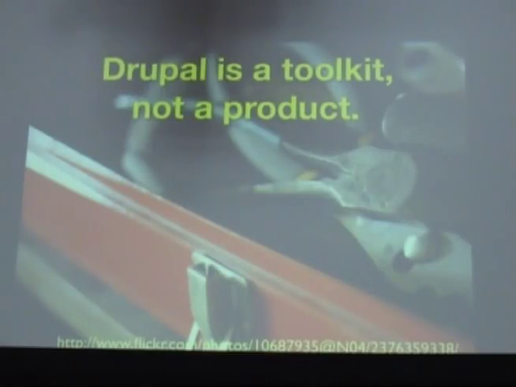So another thing to remember is that Drupal is a toolkit. Drupal is not a product. WordPress is a product. WordPress does what WordPress does when you take it out of the box. You can kind of hack it to do other things. You can alter it and change it, and there's sort of plugin kinds of things. But WordPress is really made for blogging. Drupal looks like blogging software out of the box, but it's not. And so there's this inherent problem that Drupal is really generalized and doesn't make any assumptions about what the content is going to be.